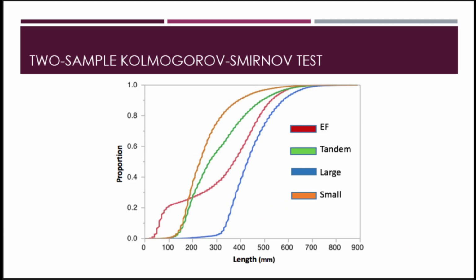When we look at the Kolmogorov-Smirnov test, the KS test, we had a statistically significant result, and we see that small hoop nets rarely captured fish over 400 millimeters. So right there, you can see small is in that orange line. Further, electrofishing rarely caught fish between 100 and 300. So that's kind of weird. I don't know. For some reason, we weren't collecting fish there, and you could see that in the length frequency